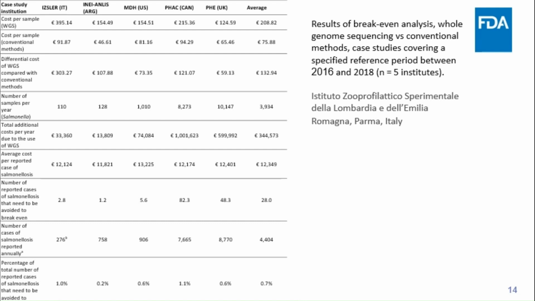And then to balance the break-even cost, you do the cost per illness. These are all in pounds, and so it's 12 to 13,000 pounds or euros. What you see is that if you can save 3 isolates out of roughly 300, you would essentially break even. And so this is what they're saying. What you can calculate is, with a modest reduction in averted illness, you can recoup or break even the cost